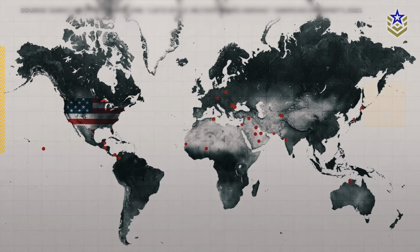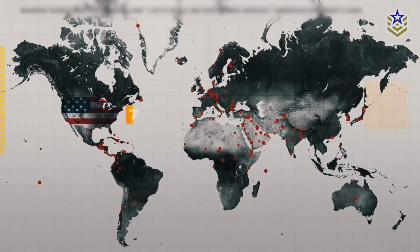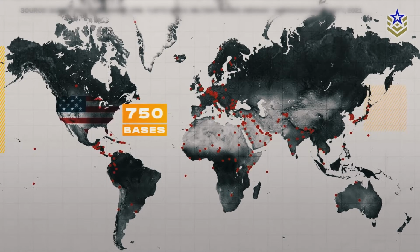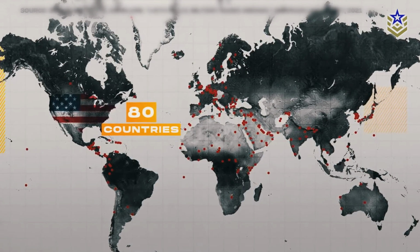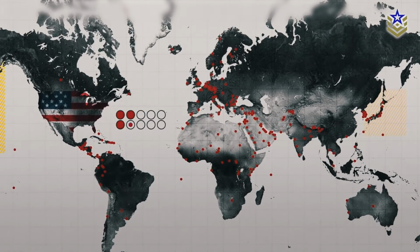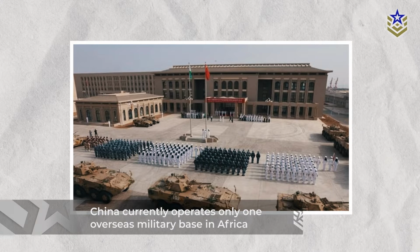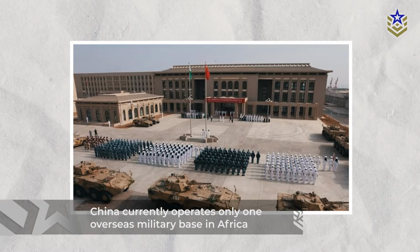The U.S. maintains approximately 750 bases in over 80 countries worldwide, aiming to ensure global stability, respond to crises, and keep conflicts away from American shores. When combined with the Navy's 11 supercarriers, these bases represent power projection. When compared to the U.S., China currently operates only one overseas military base in Africa, indicating a more limited military